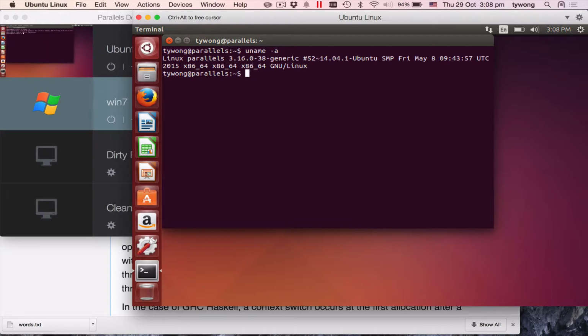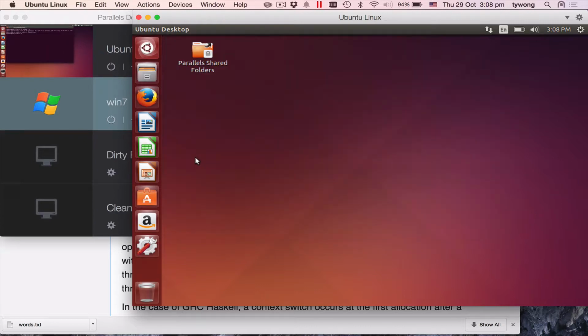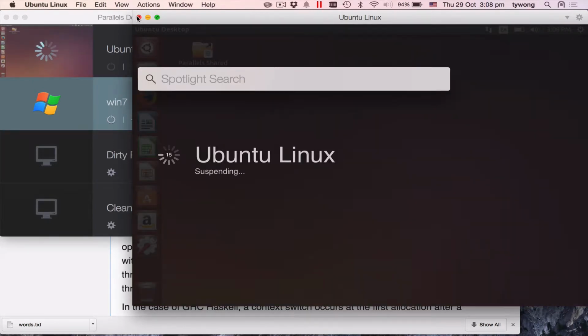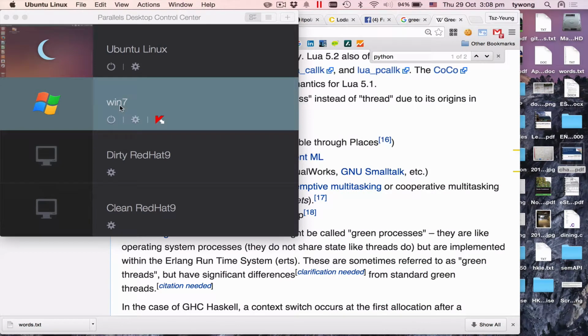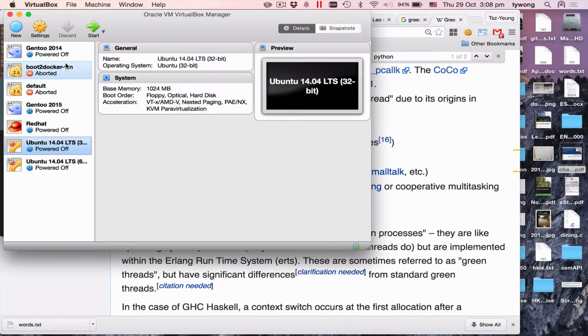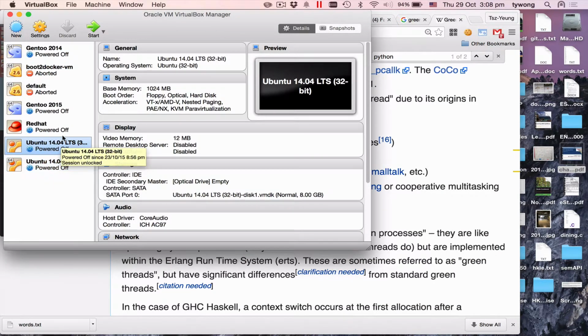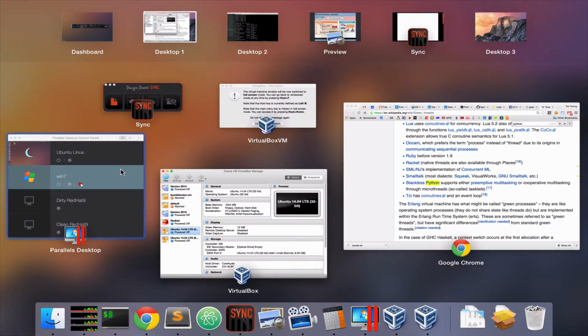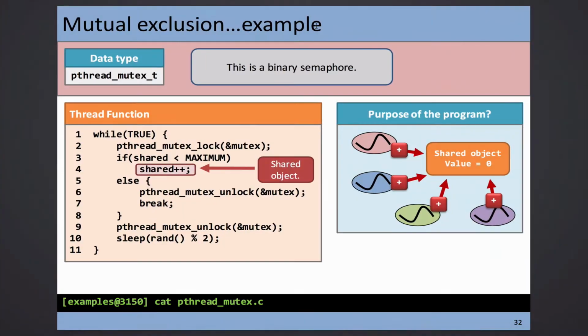Oh, this is 64 bits. Okay, let me do this during the break, okay? Because I have VirtualBox as well, and I have a 32-bit one here. But VirtualBox takes some time to put up, okay? So let me put it up first, and let's continue about this